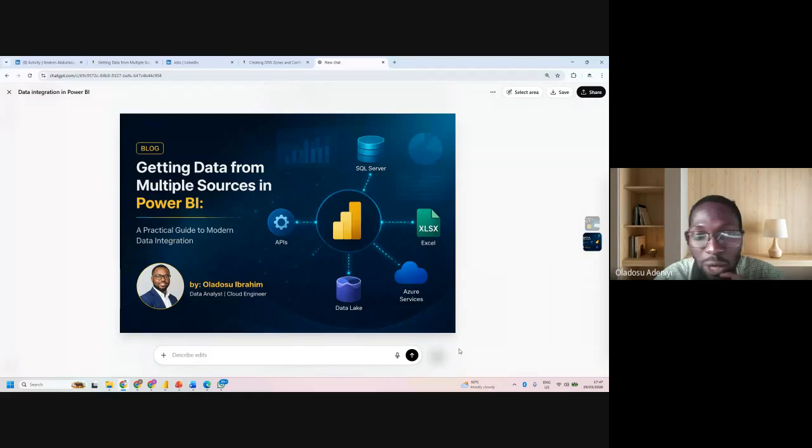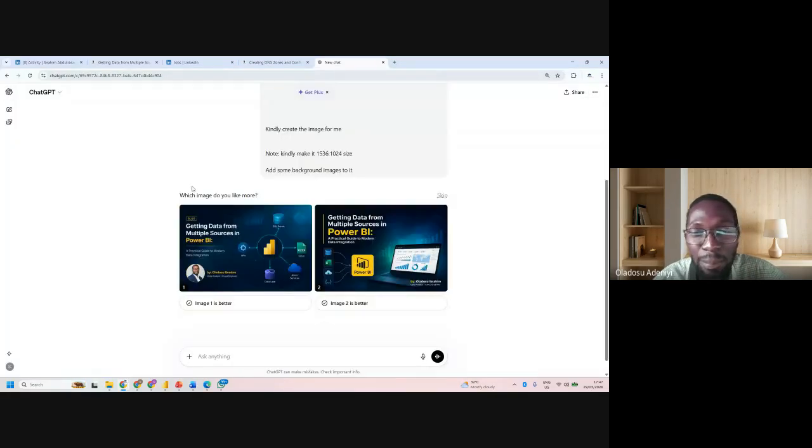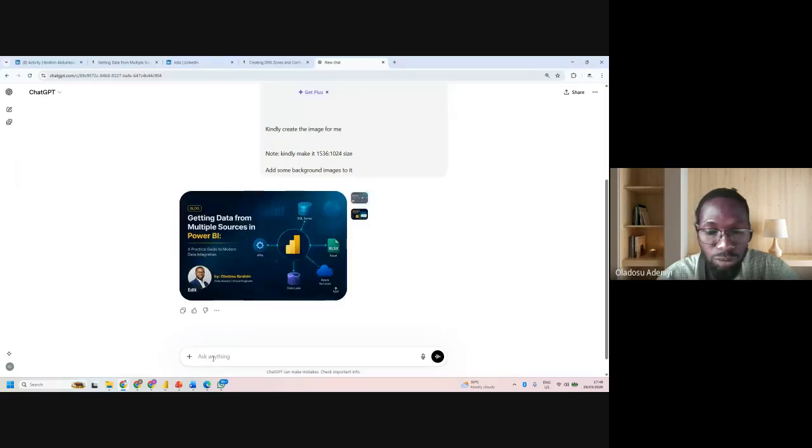Guys, you can also tell ChatGPT, okay, image one is better. Replace the picture in the cover image above with my image.